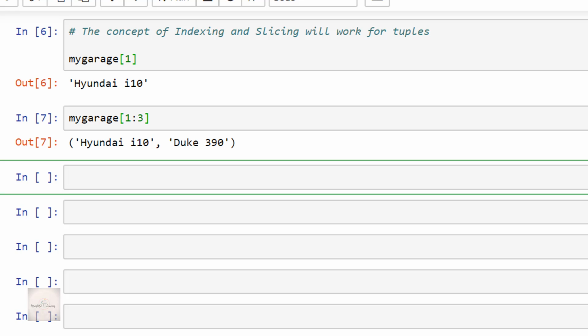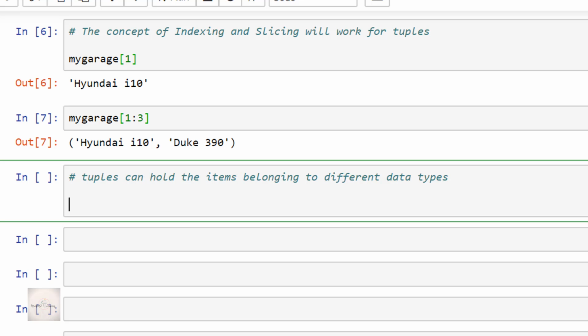Great. Okay, another key thing we learned in the lists was it could hold the objects belonging to different data types. So guys, even in the case of tuples, it can hold the items belonging to different data types. So to illustrate the same, I'll just add the purchase year of the vehicles next to it in the tuple like this.